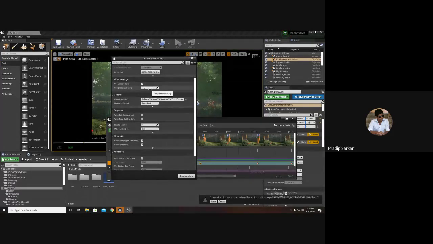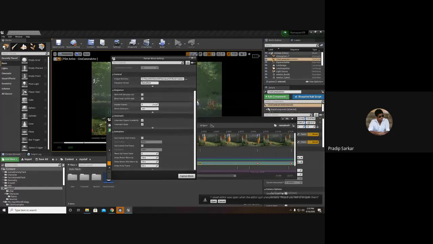Next, video compression. I'll change the compression, and I don't need any kind of video compression. Next, I'll turn on cinematic mode and engine scalability. I'll check these two options on.